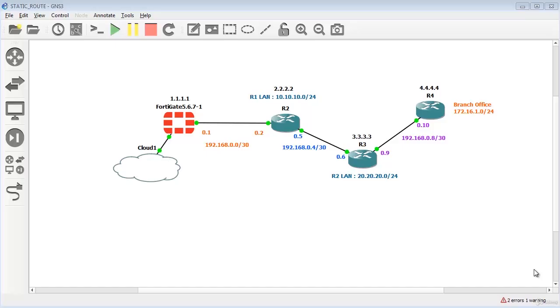Hi, in this video I'll be showing you how to configure OSPF in FortiGate. For the same purpose, consider this network wherein I am having a FortiGate device over here which is connected to three other Cisco routers. The interface IP is